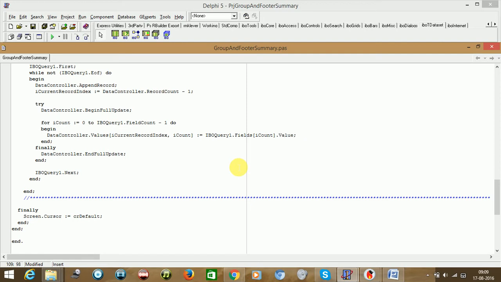This works fine, but generally sometimes you get an invalid variant type conversion error. So for the safer side, just say var to string. So when we are inserting data, we'll be making the data type a string.